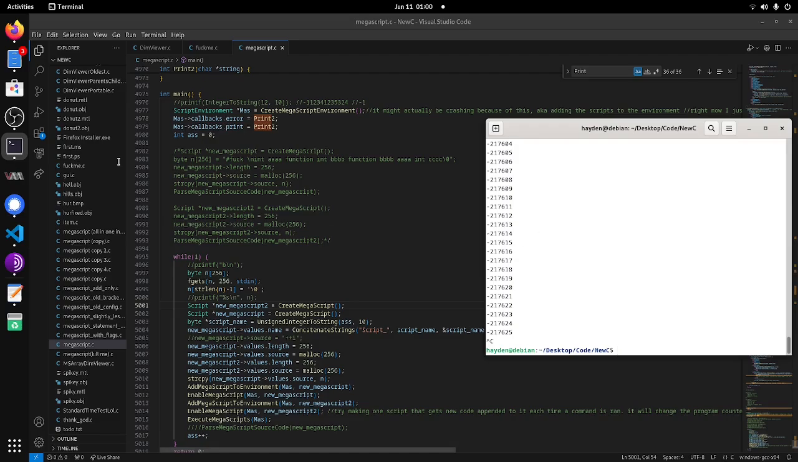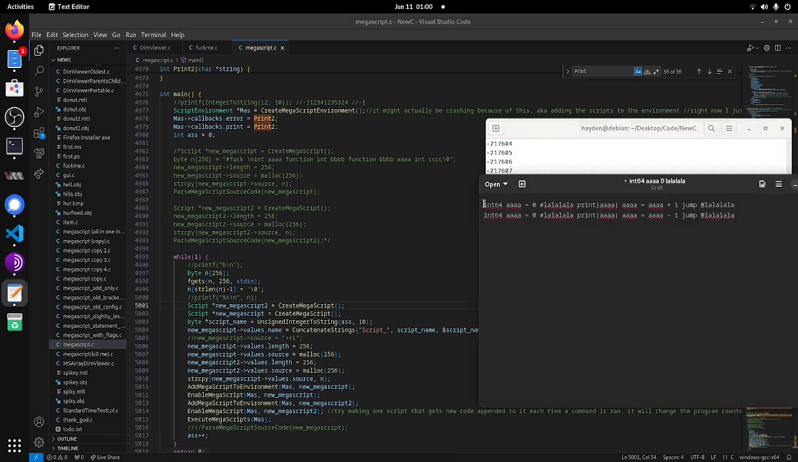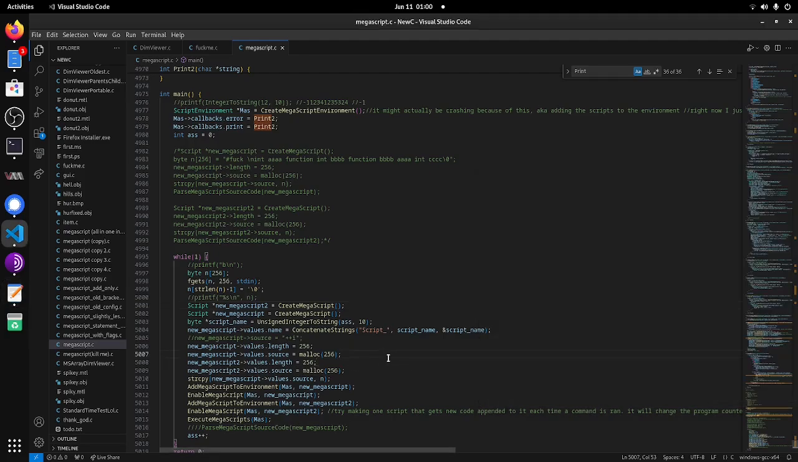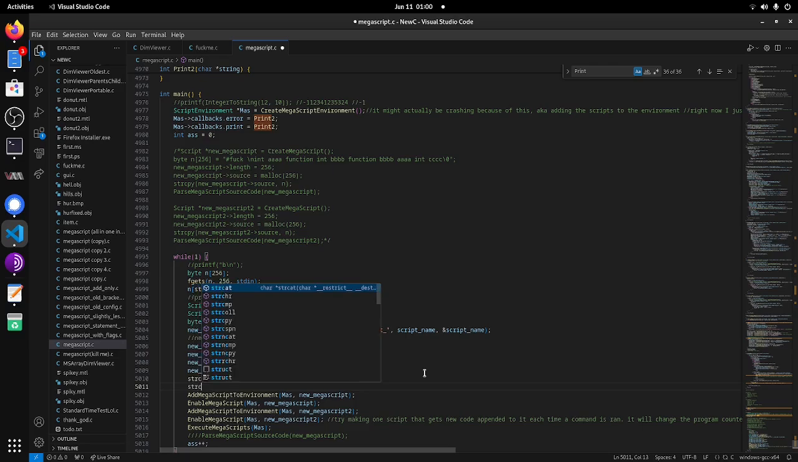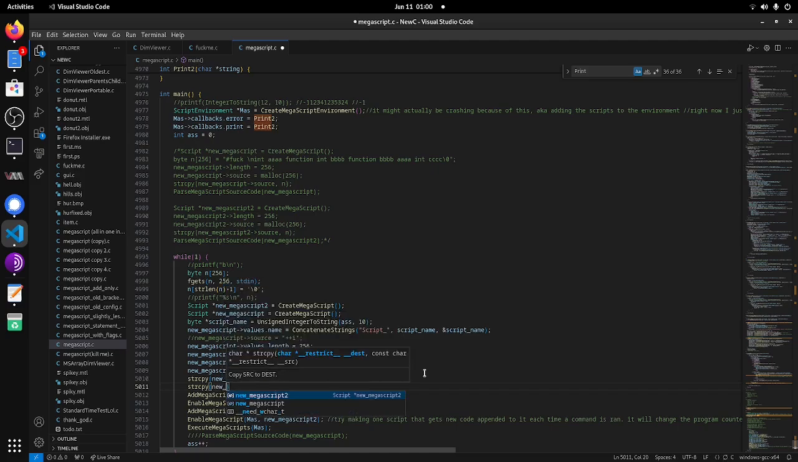I forgot to put the code into the script, so I gotta put it here. Where is it? Okay. Make the source equal string copy. Okay. I'm gonna string copy this line of code into here. Oh shit. Okay. Sorry, I got really bad OCD. Okay. I got script 2